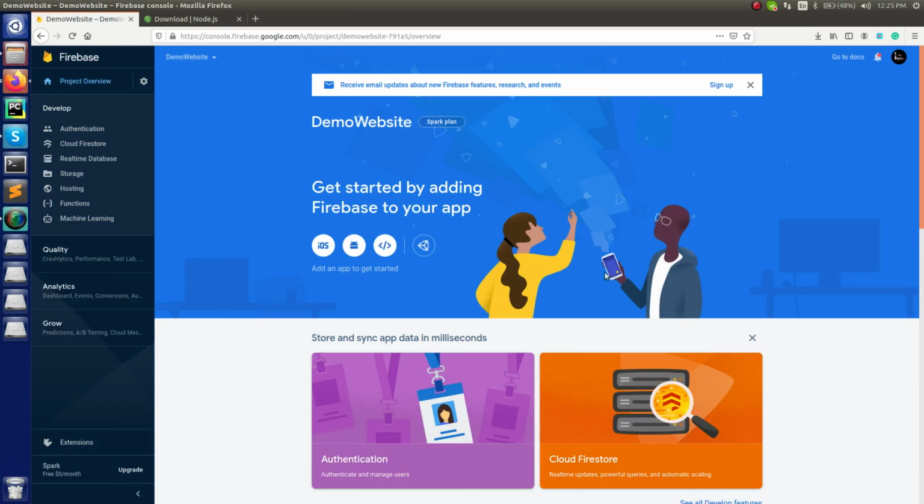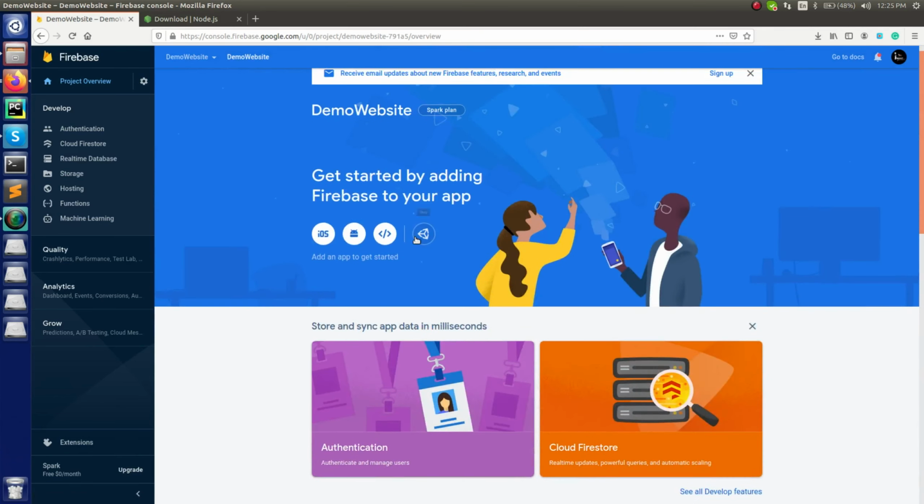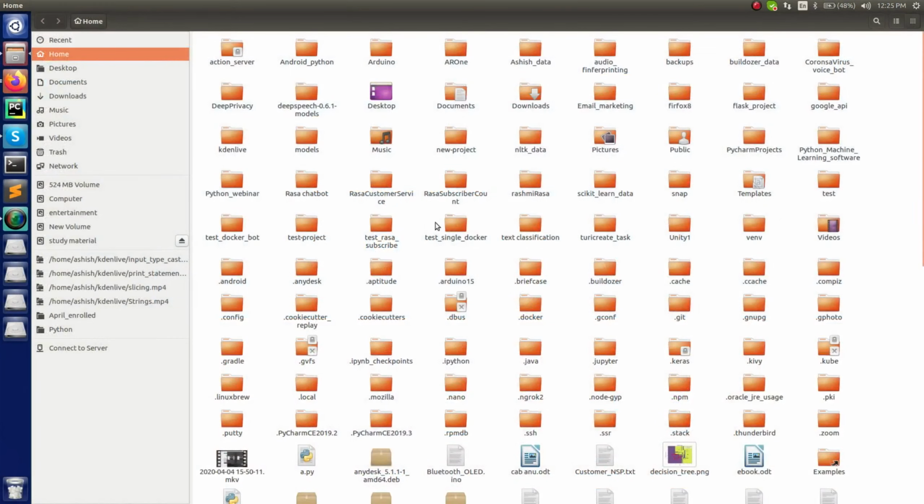So here you can see this is a project for Firebase which I have already created, right? And in that case, you have this project ready with you. This is hosting, this is storage, this is real time, this is everything. So we have done all the things. Now to further start deploying your website, firstly you must have a website, and for that let me show you which website I'm going to use, right? So let me just open it up.